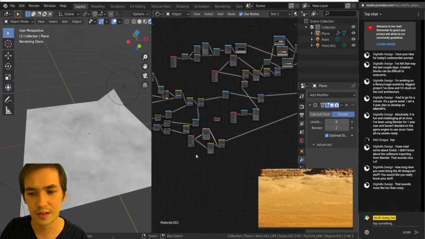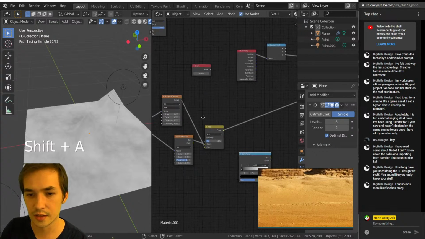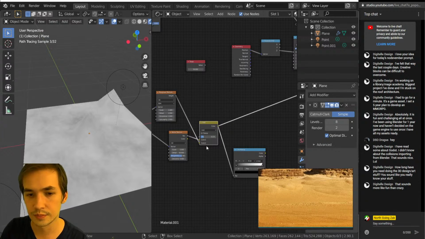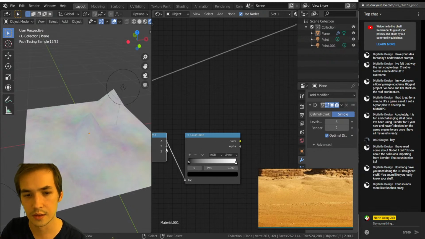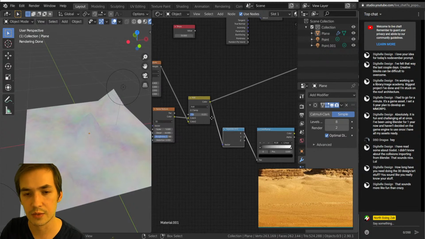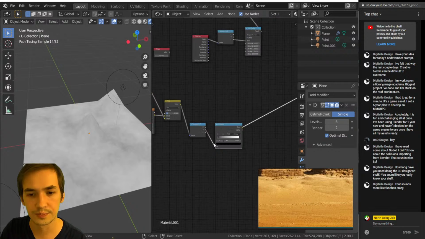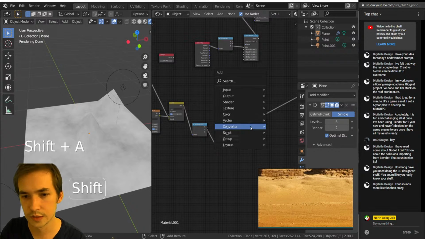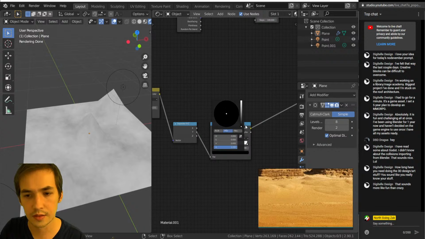So I think this will be my sand. Let's make a color from that height. Maybe I'll use this as a color input, so I can have a different seed for the color and the factor. X is the same as the black and white factor right there, so I'm just going to make that there. And if we look at this,